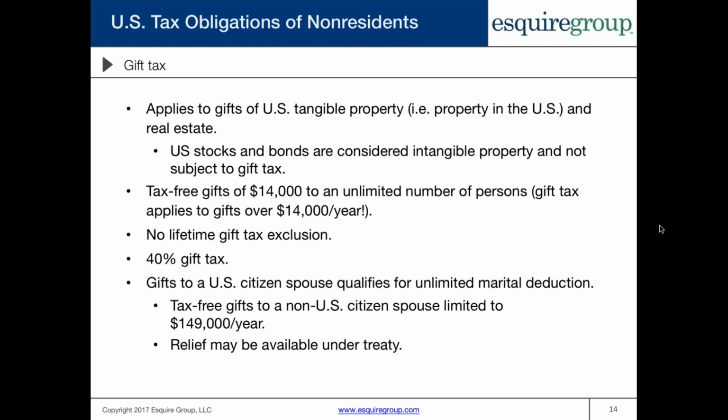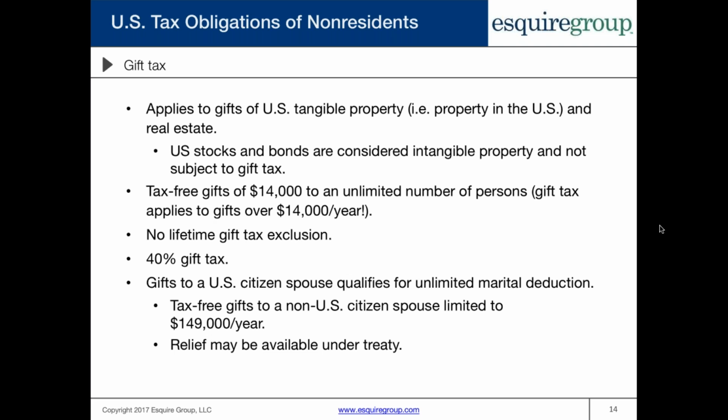If a non-resident alien spouse gives U.S. tangible property or real estate to a U.S. citizen spouse, that would be a tax-free gift up to an unlimited amount due to the marital deduction. However, that does not work the other way around. If a U.S. citizen spouse tries to give assets to a non-citizen spouse, even if they have a green card,